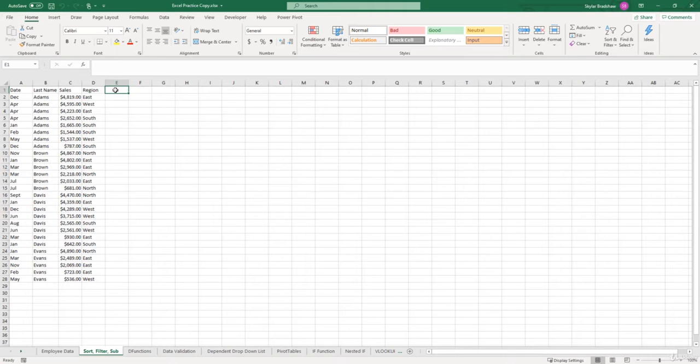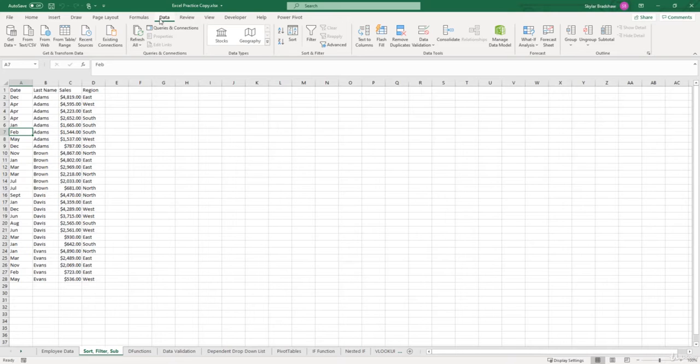Well, we know that we have to select a cell within the date column, go up to the Data tab, and click the ascending sort or the descending sort. Well, let's think about this. What's going to happen to our date column if we do an ascending sort? Let's find out. So if we give this command a click, well, it sorted all of our months, but in